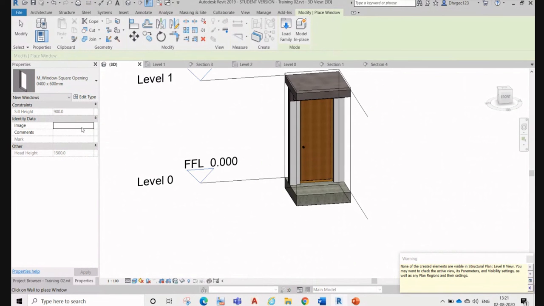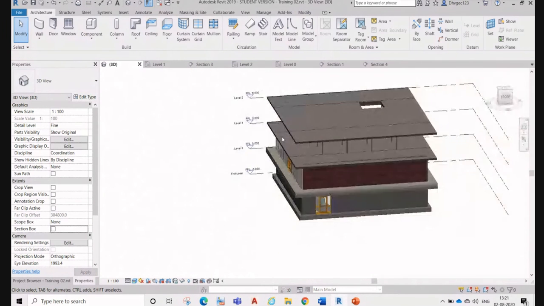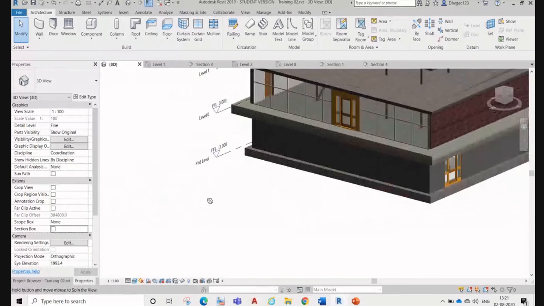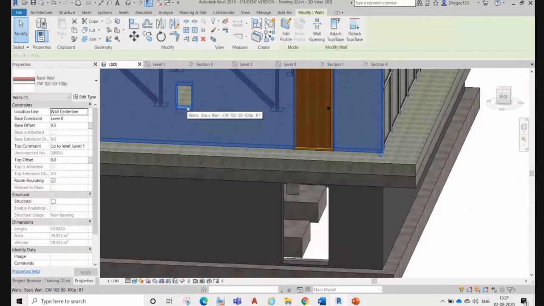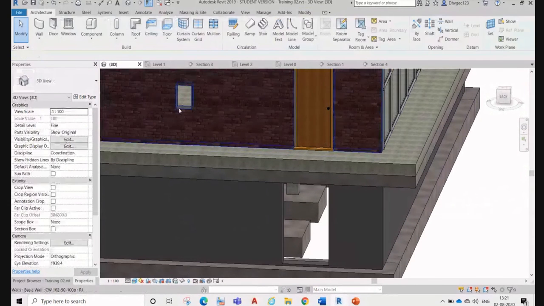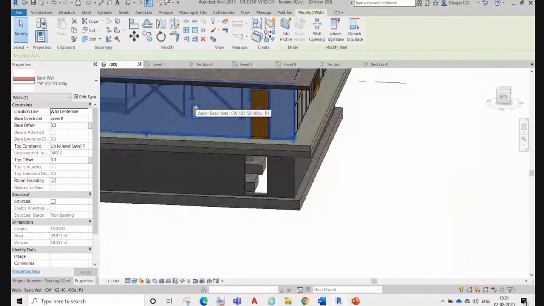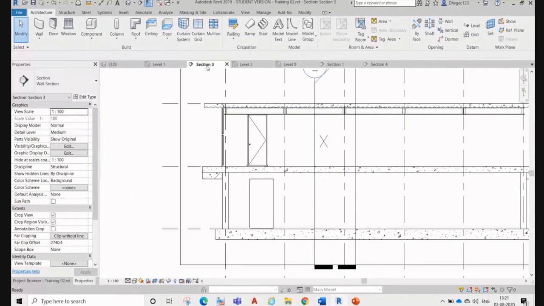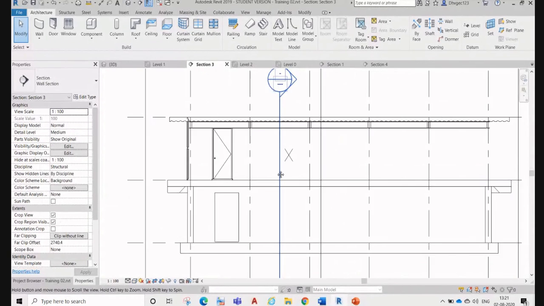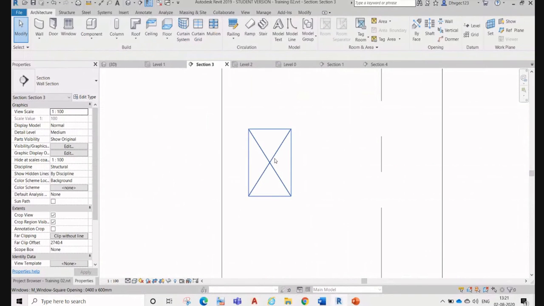Go to 3D, flip off. Yes, so this is our window opening over here. Again, this is just an opening. In the window opening, you can see they have put a line over there